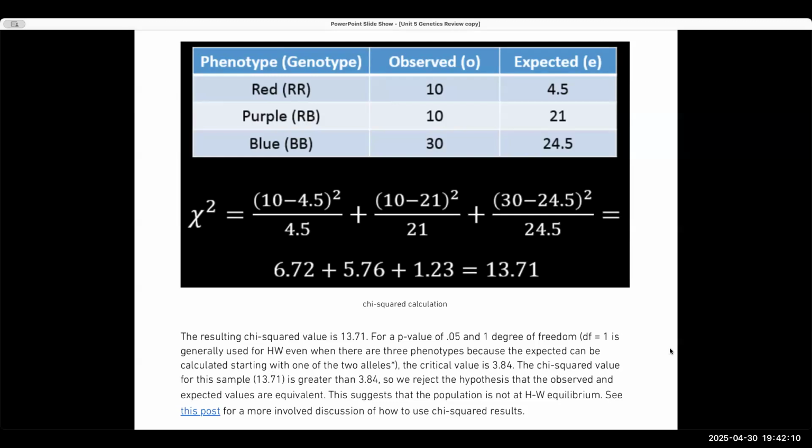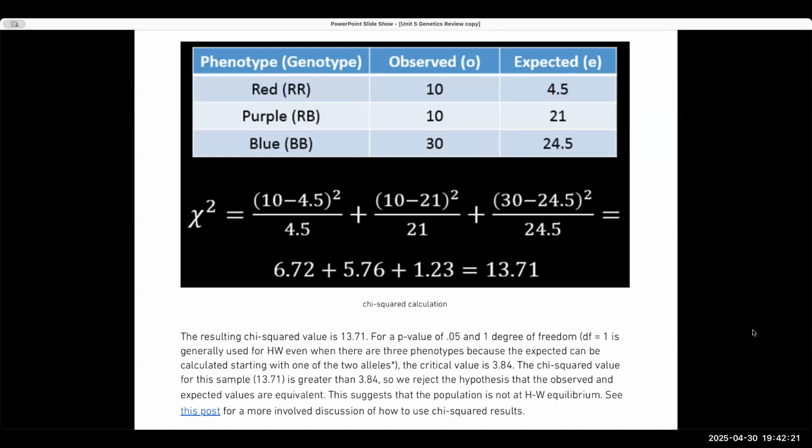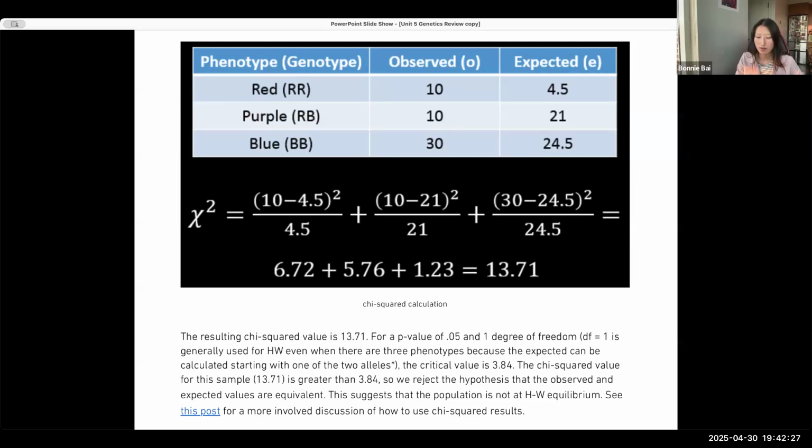I have a question about the p-value stuff. So we use the critical value to see if it's statistically significant. Correct. So if the chi-squared value is greater than the critical value, we can say it's statistically significant. You can say we are